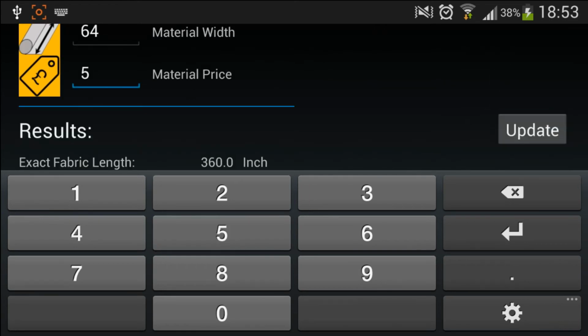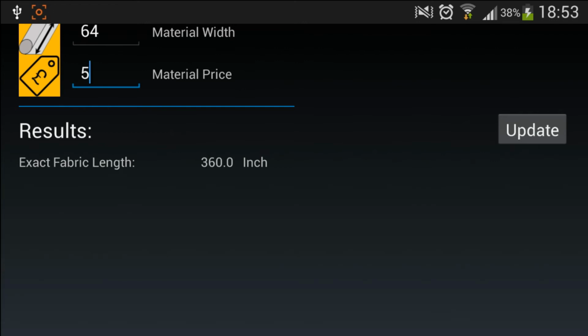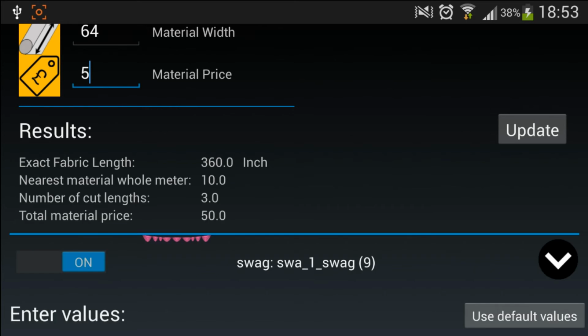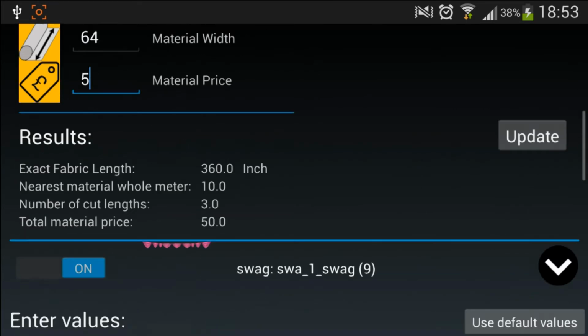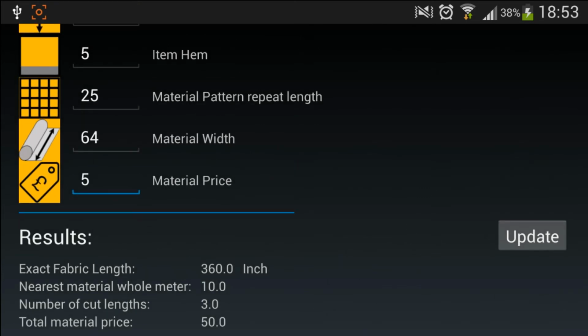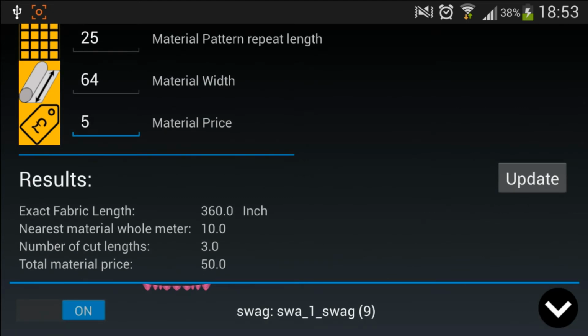Update. We minimize the keyboard. As the list becomes longer, the menu sometimes lags, but we just need to give it time.